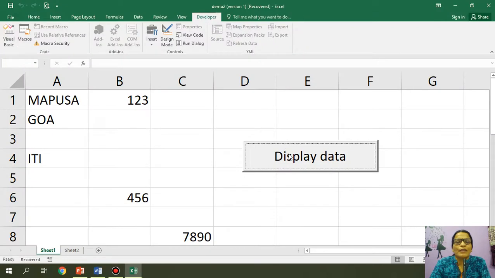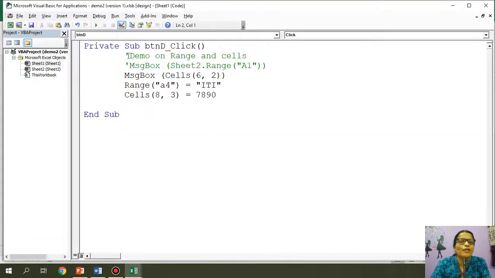Now when I click on this, Bardes will not appear, 456 has come, and ITI is already there, so you won't find a difference as such. So whenever you type any code, the apostrophe stands for a comment. But when you're executing code, if there is any particular command you don't want executed, just put an apostrophe in front of it. Suppose I want to try only the execution of this, so the rest I have put as comments. That way it works.